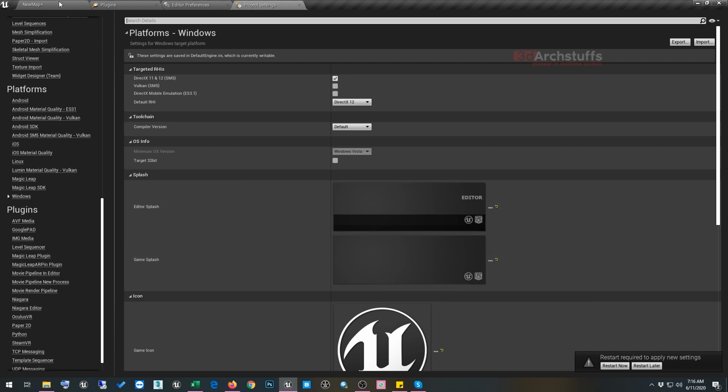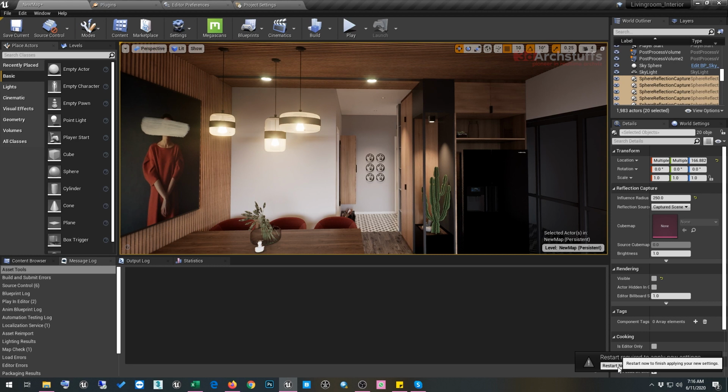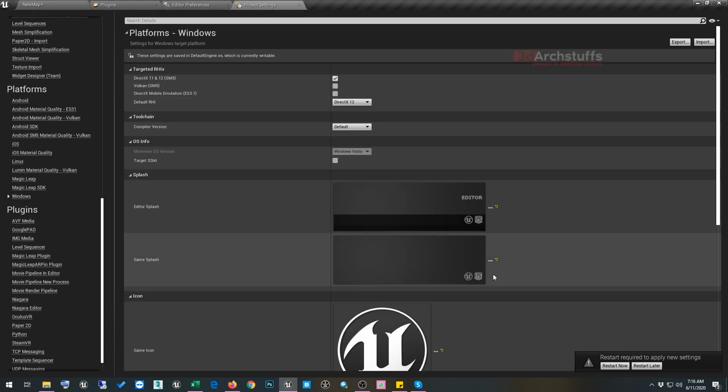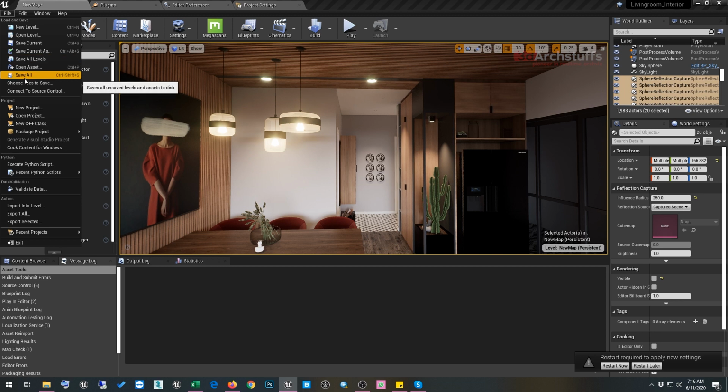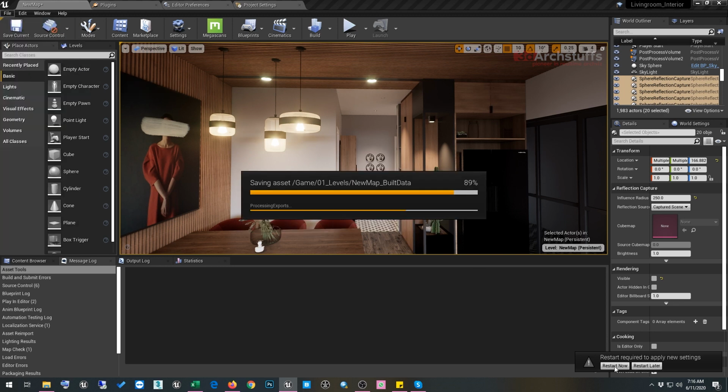Now we'll click on restart now, because after changing all those settings you have to restart your editor. If you want, you can go to this tab, click File, and Save All before restarting.